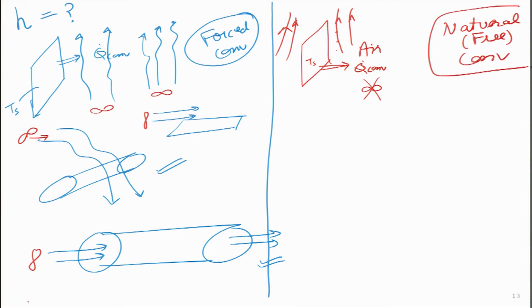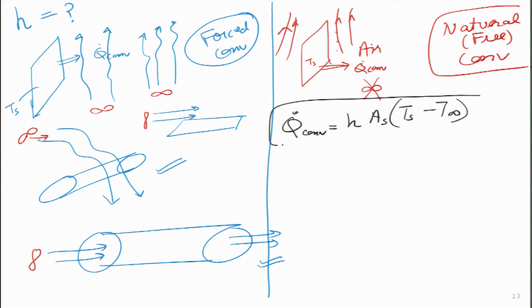For both of them, or for any type of convective heat transfer, there is only one equation. So, I can write that equation: Q dot convection is h A_s (T_s minus T infinity), where A_s is the surface area, T_s is the temperature of that surface, and it gives me the amount of heat dissipated in terms of watts. So, in this equation, everything is known except for this red h. So, this is the most important parameter because this is not known.